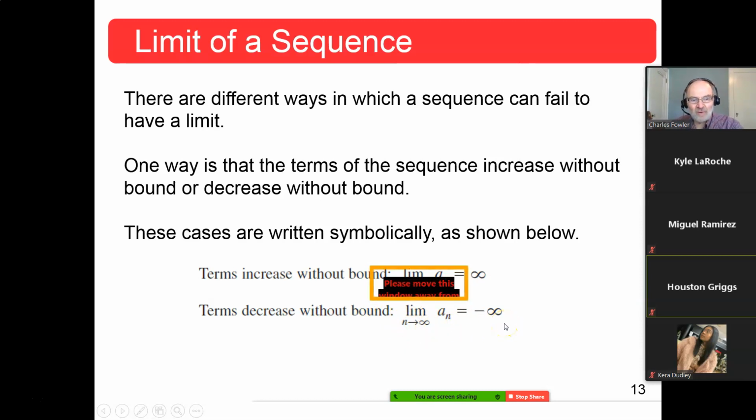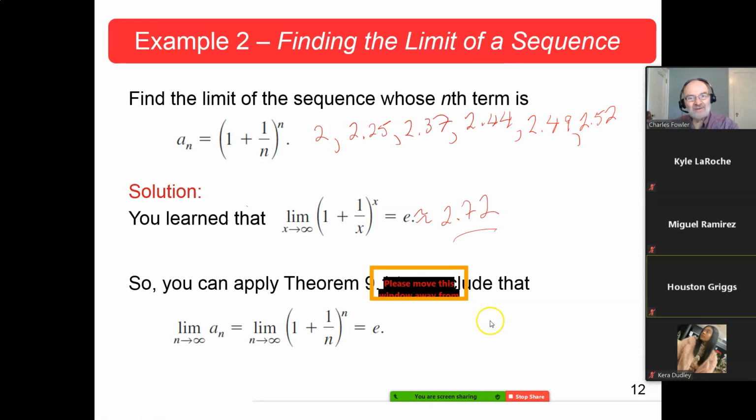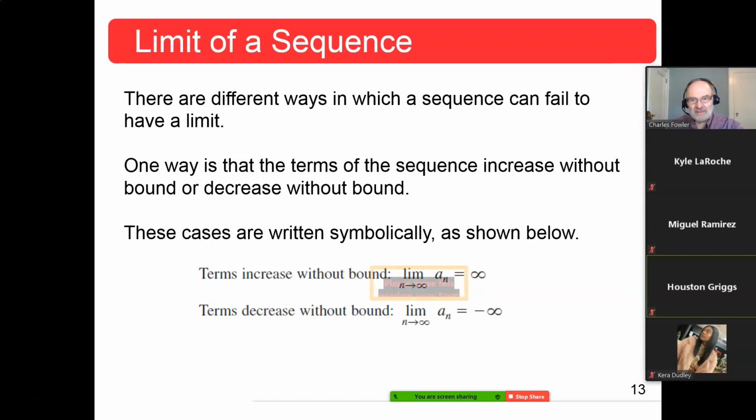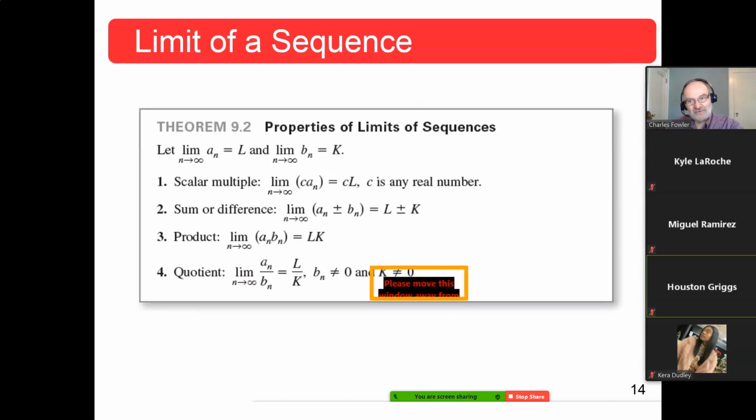Now the one good thing was these back here, they were increasing, but they sure were increasing more slowly. So you had a gut feeling there may be a limit there. But gut feelings don't always hold true, so you can't always trust that. And you certainly couldn't tell just looking at this what that limit was. But if they do just increase and increase and increase, yep, not going to have a limit. Or decrease, decrease. So here's Theorem 9.2.